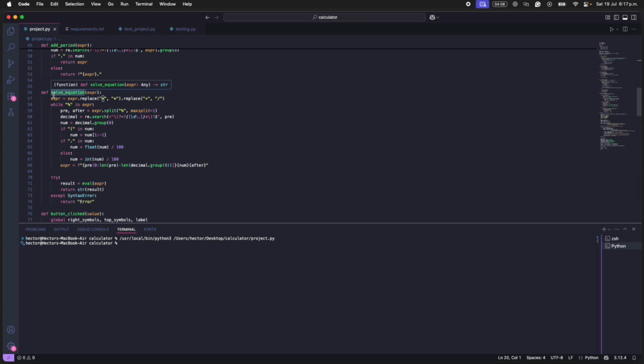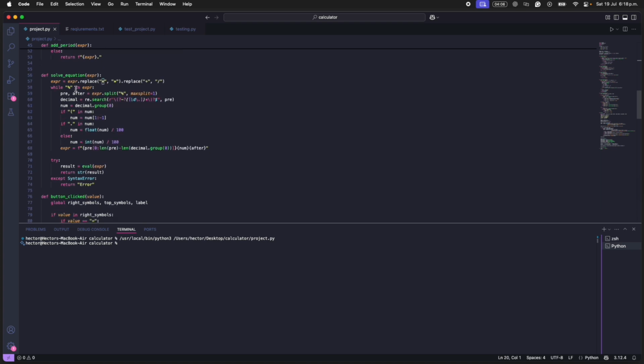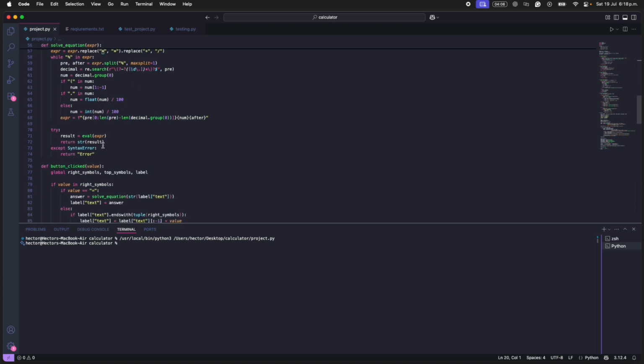expression. Then we have the solve equation function, in which we replace the multiplication buttons from the calculator with the ones from Python, so it can be used with the eval Python default function. And we also use a while loop to check that there's no percentage symbol and turn them into floats or